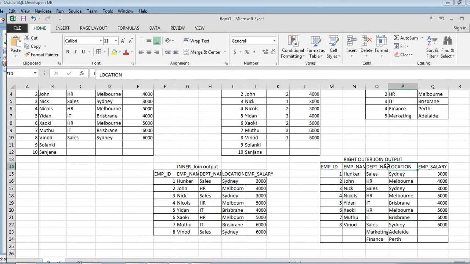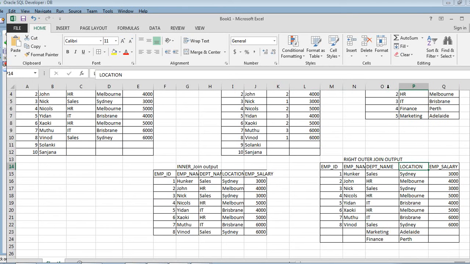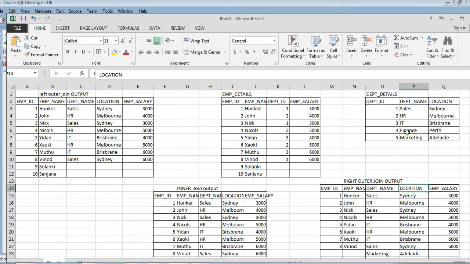Then lastly, since we have used right outer join over here, we have two departments in department details. The departments are 4 and 5. For these two, department 4 name is finance and location is Perth, and for department ID 5 department name is marketing and location is Adelaide. So for these two departments no resources have been allocated.